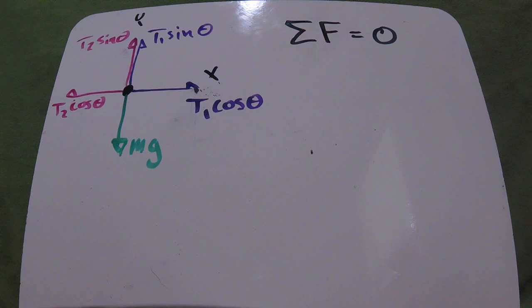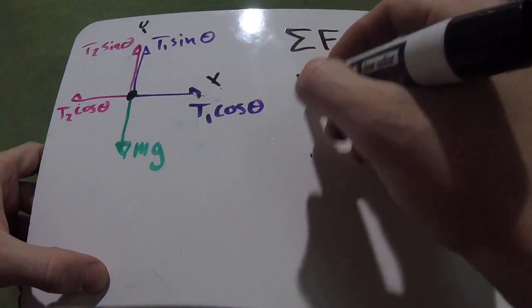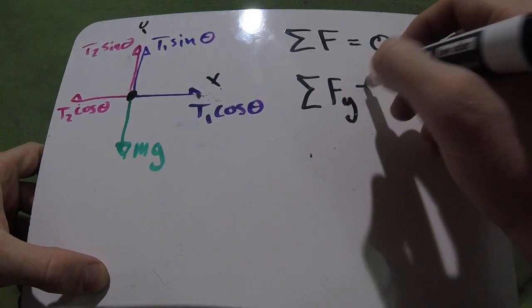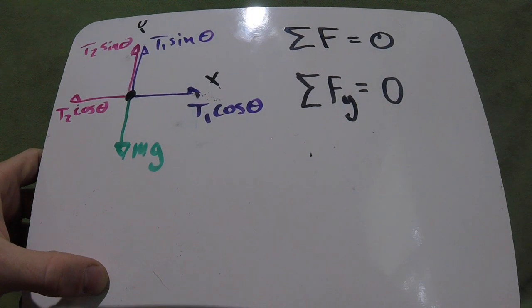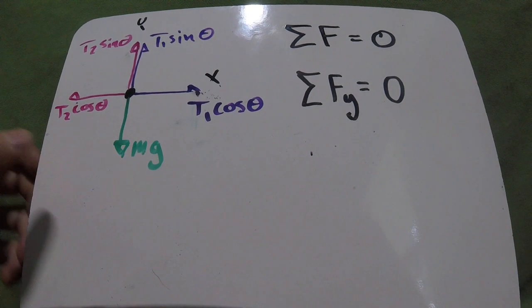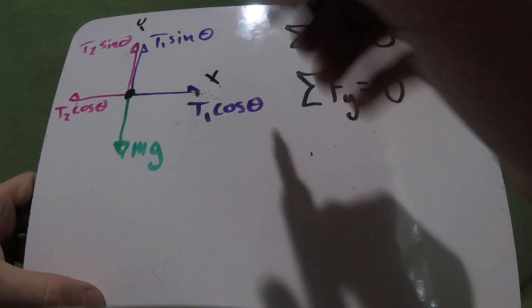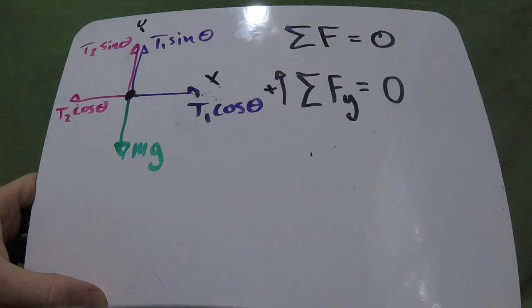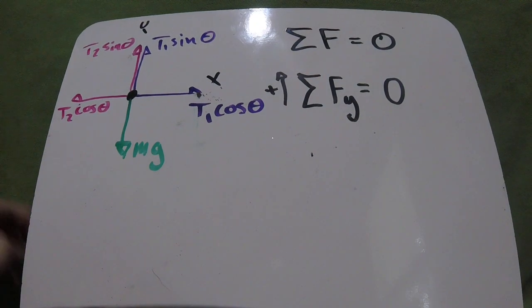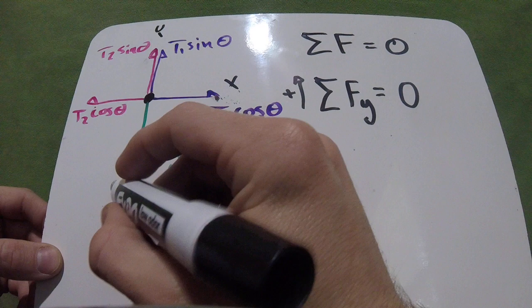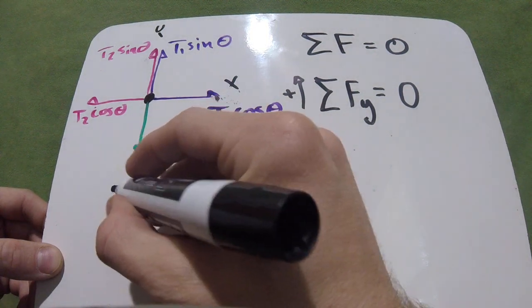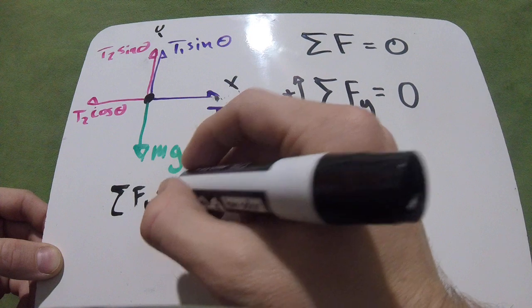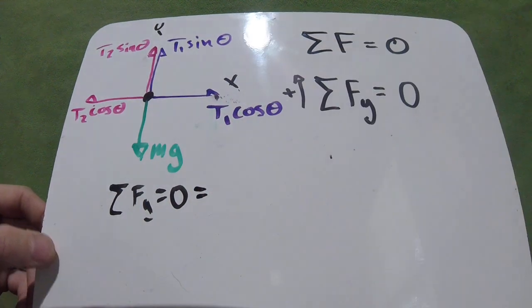Now we've already shown how all the forces in the x direction are equal to 0. Let's show how all of the forces in the y direction are equal to 0. Okay, we're going to apply the same principles. Everything in the positive y direction is going to be positive, and everything in the negative y direction is going to be negative. So we can then write, and I'll try to do this a little more simply than I did before, that all the forces in the y direction equals 0, and that's going to be equal to